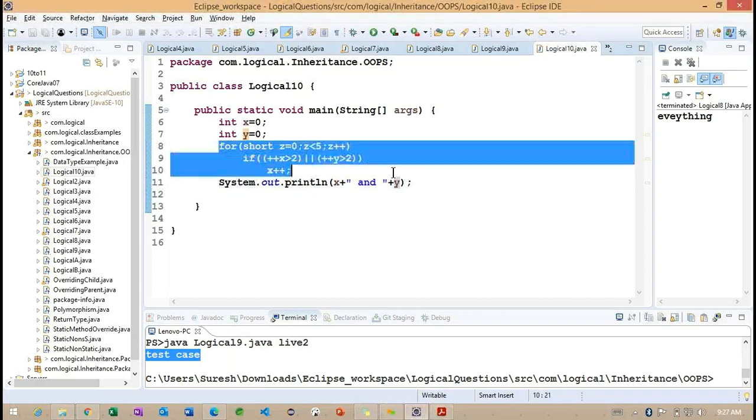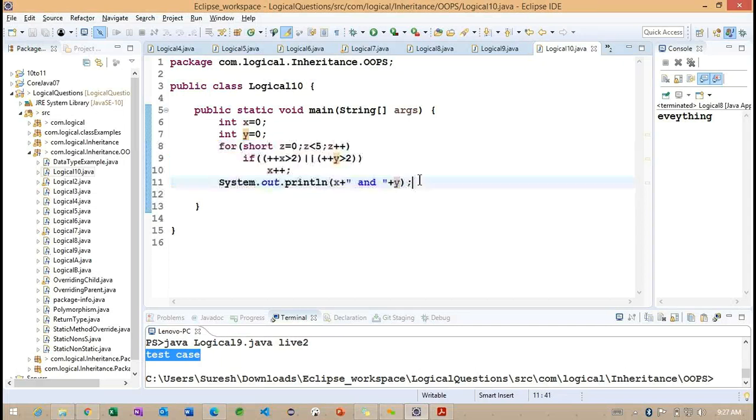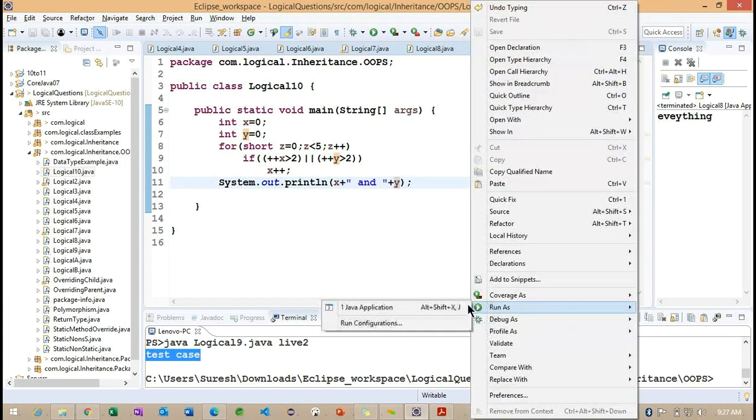The scope is important here. So up to what scope we are trying to use here.